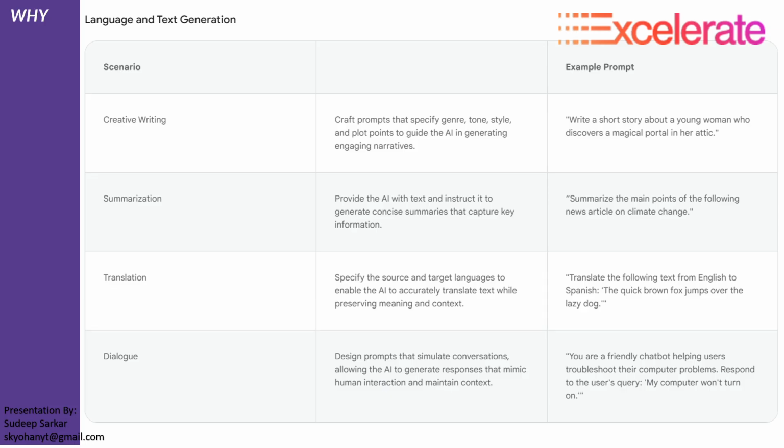Language and text generation. Creative writing, summarization, translation, dialogues. We can basically create stories and write poems in different languages in whatever way we want. Let's suppose you like a certain poet: you teach the language model about the method the poet writes. Now the language model will understand the method and the grammar that the poet uses,